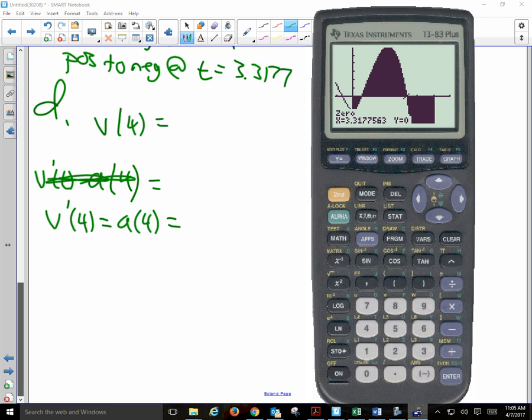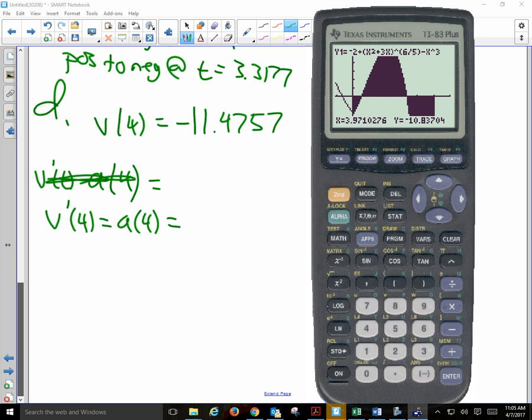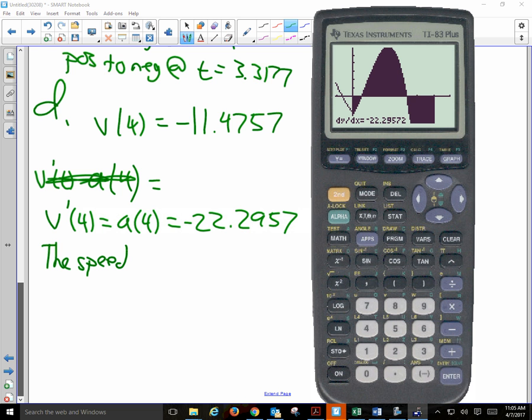So right here, all I'm doing to find v of 4 is I'm doing second calculate a value. Number 1, I'm plugging in 4. That's giving me the velocity function at time 4, which is negative 11.4757. But I don't do that for the next one. I do second calculate, and I'm doing number 6, which is derivative. That's why I should state here to let them know that I knew to take a derivative. So the derivative at time 4, and I get negative 22.2957. And so the speed is